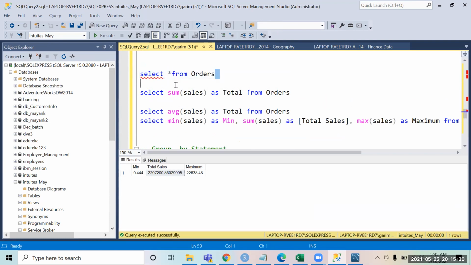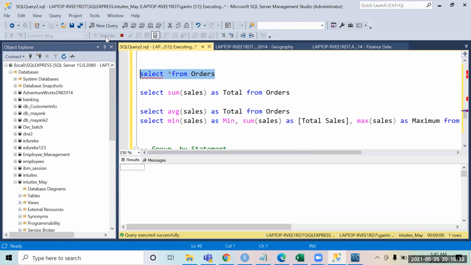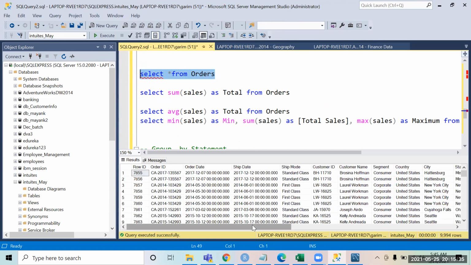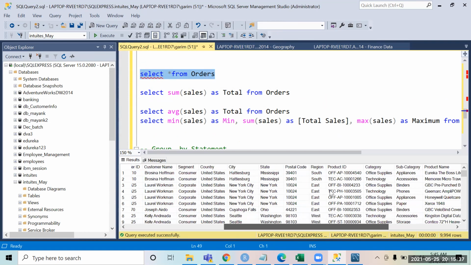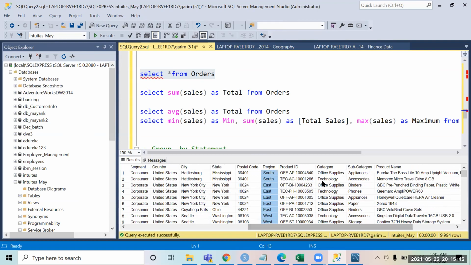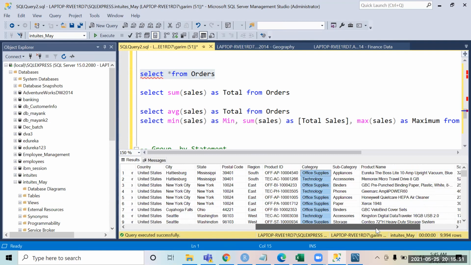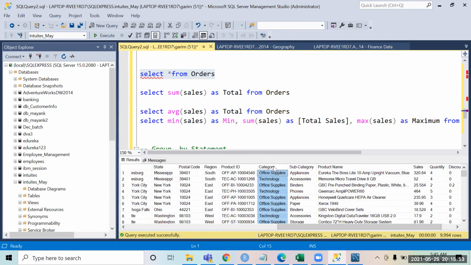Now, what I want to do over here is suppose I want to create a quick summary of the total sales generated in the East region, West region, South region. Like all the regions that I have, what was the total sales generated in each region? Same way, I want to generate total sales in each category. So there could be n number of things, right? What is the average sales that I generated in each category? What is the total profit I generated in each category?